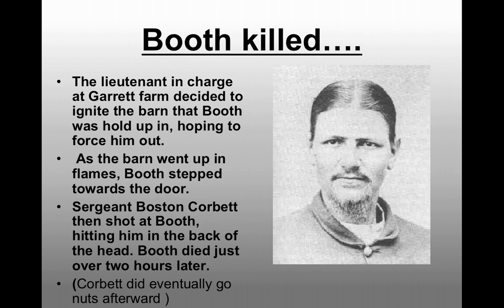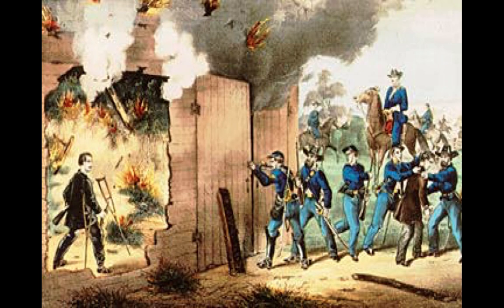If this is something you're including in your tweets, again, this happens on April 26th, 1865, when Corbett shoots and kills John Wilkes Booth. If you're curious, Corbett did eventually go a little bit crazy afterwards, but he was never actually punished by the military.